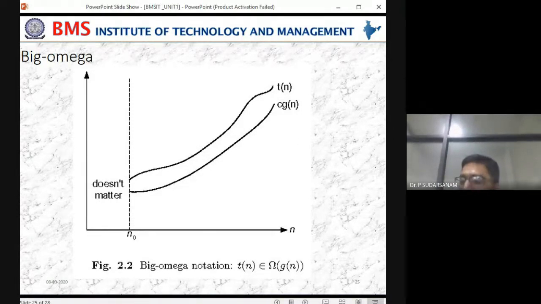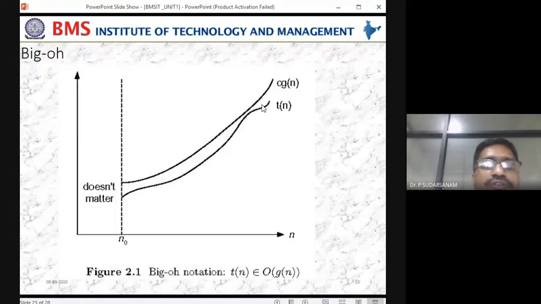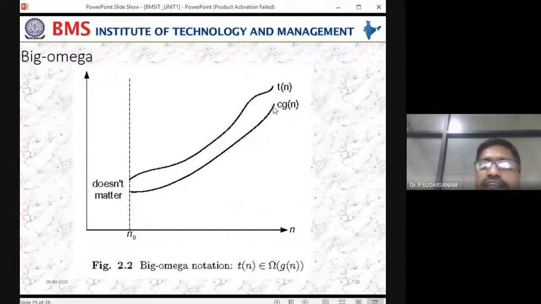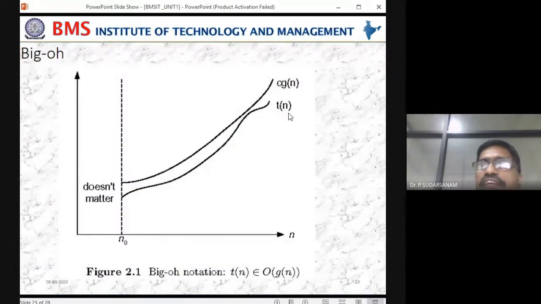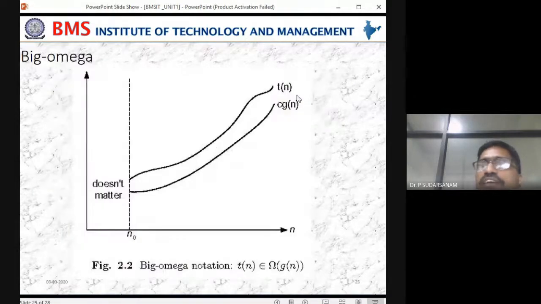So these are the differences between the previous definition and the current definition. Here T of n was below; in this case, in the same example, T of n is above. The n naught and n are the same. So here is the big omega, which will be written like this. This is the constant c into g of n, some constant value. So this is the big omega notation for T of n.